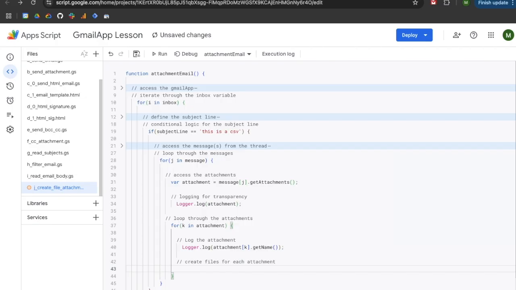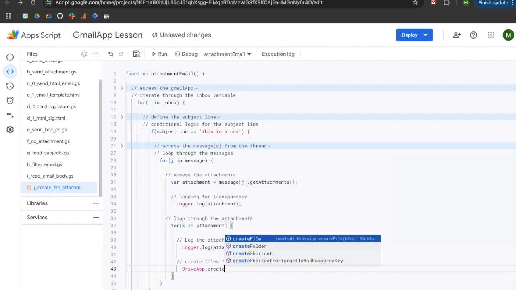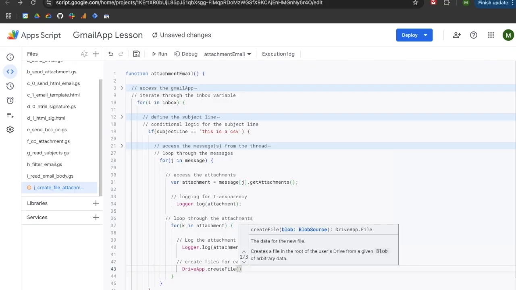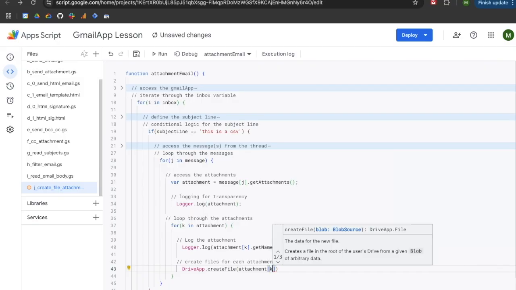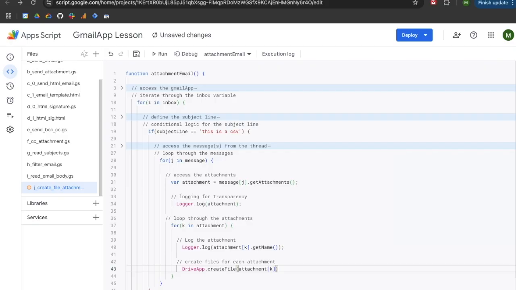And what we're going to do is access DriveApp.createFile open parentheses. And this is where we are going to use our attachment[k]. We're going to hit the right arrow on our keyboard twice